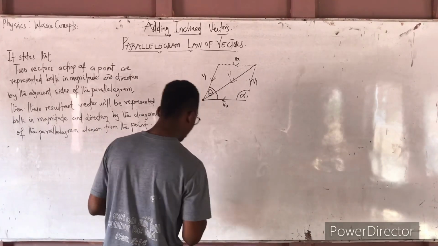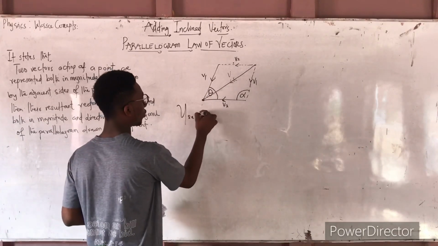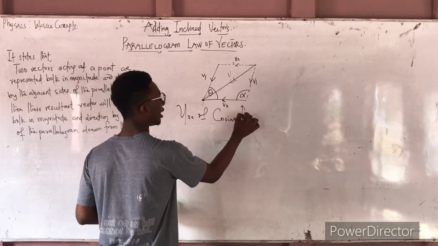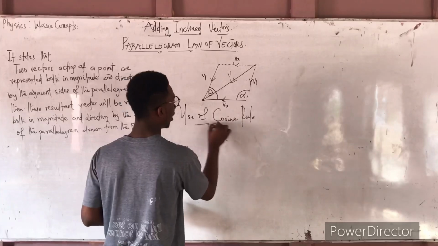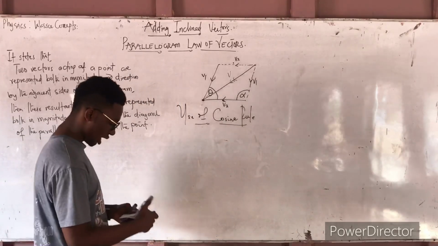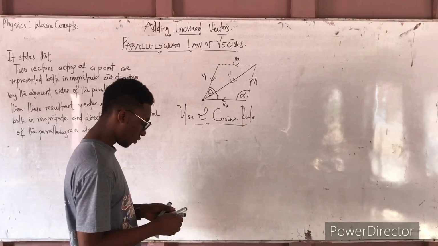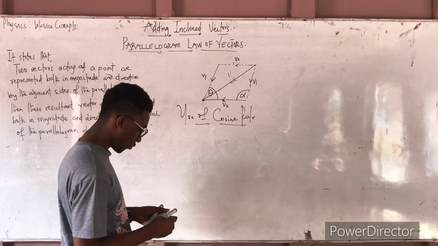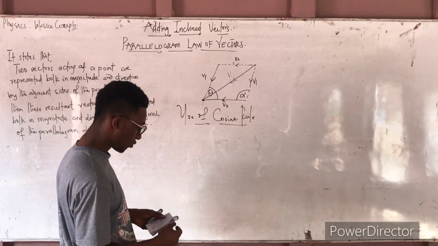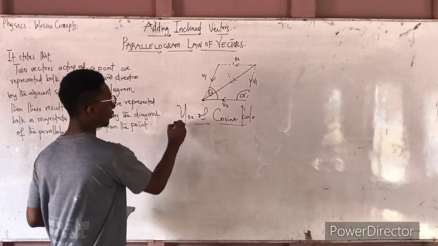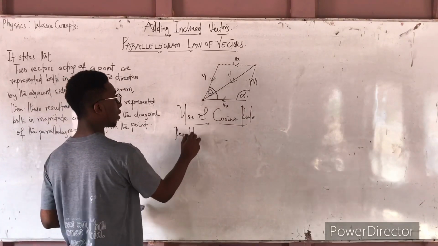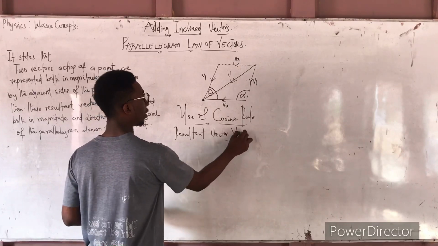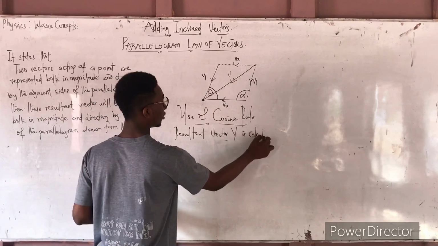So you can now use the cosine rule to find our resultant vector. We can now use our cosine rule to find our resultant vector. And here, what is the cosine rule? So using the cosine rule, the resultant vector V is calculated as,